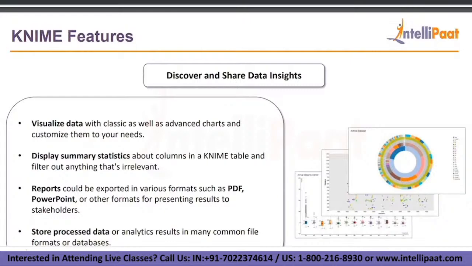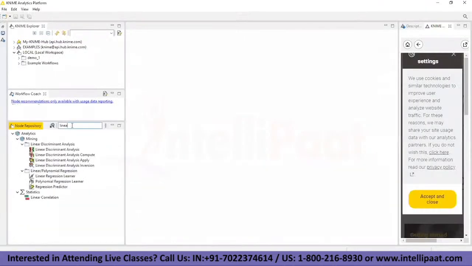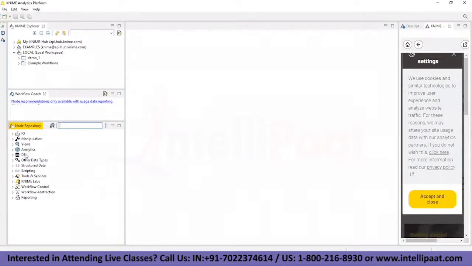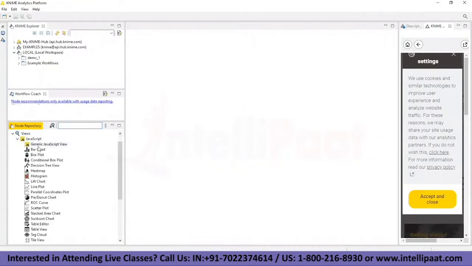So if you go on to KNIME, let me come on to the plot sections. It is under the view part. Under view part, go with Java script, and under that you will be having